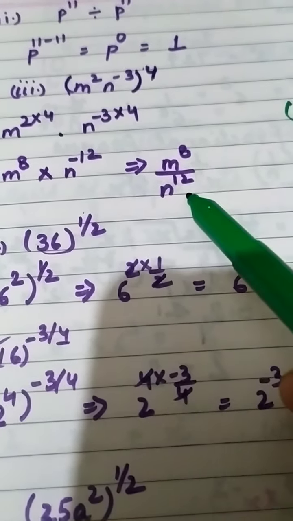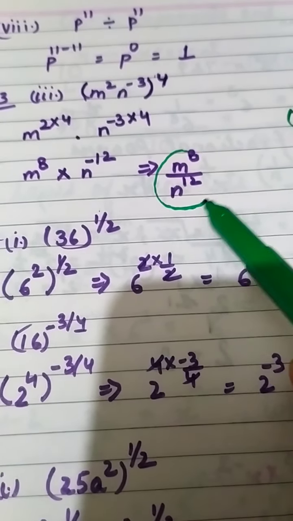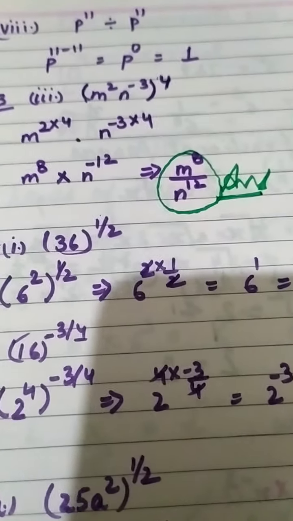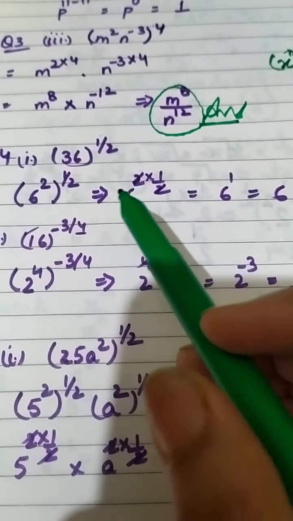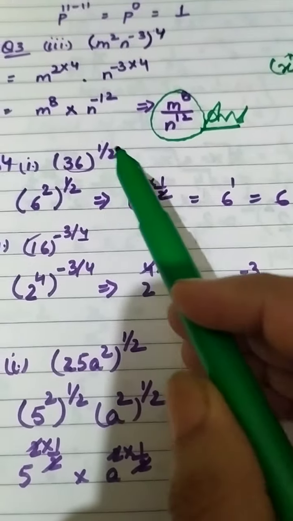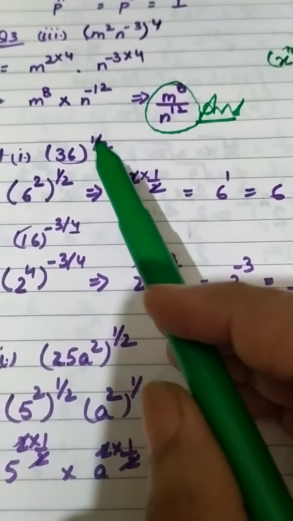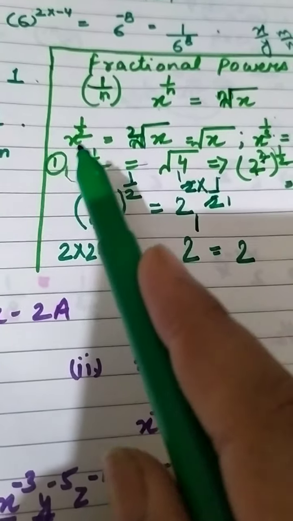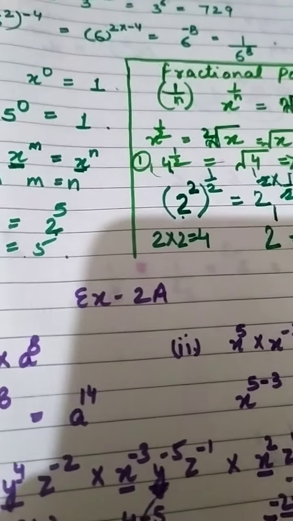Then this n will come in the denominator, it will be m raised to the power 8 upon n raised to the power 12, and this is our answer. Got it? Now comes question 4. In this we have to evaluate, means we have to solve this. 36 has power 1 upon 2. Okay, I have told you previously about fractional powers, now we have this type of question. Okay children,